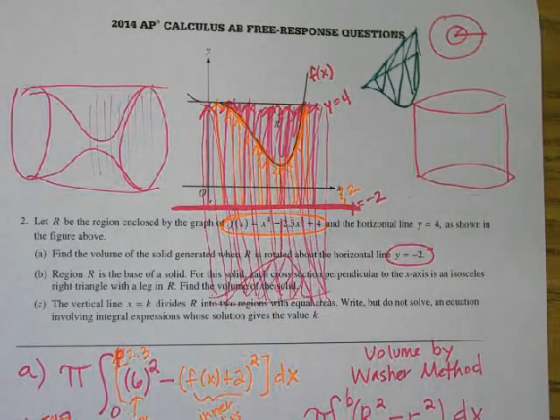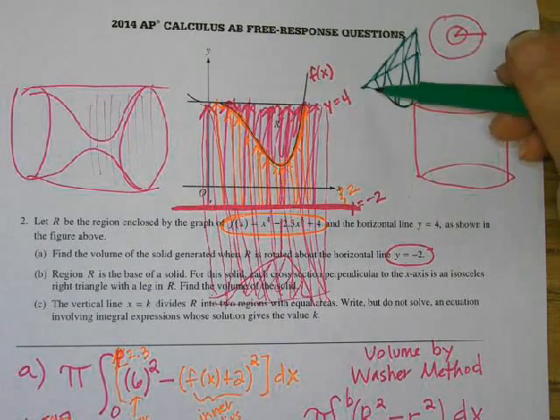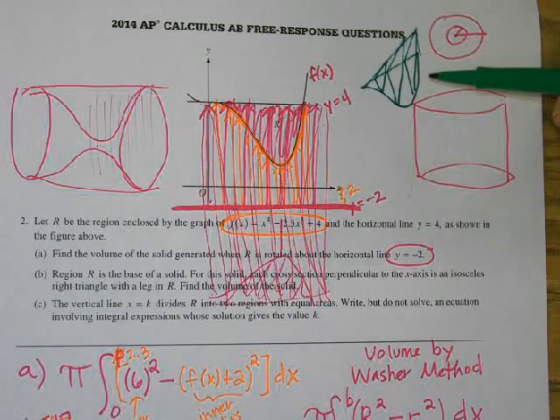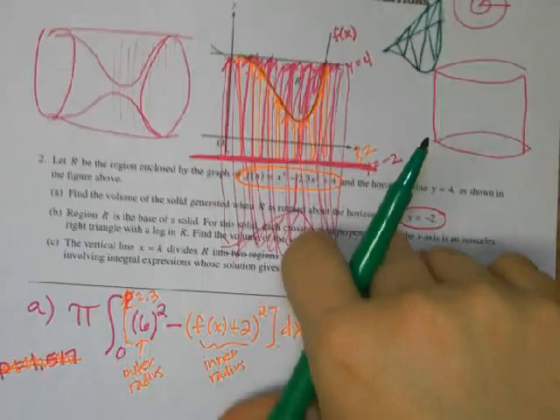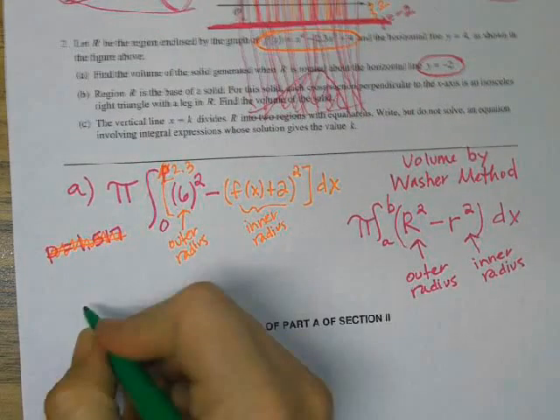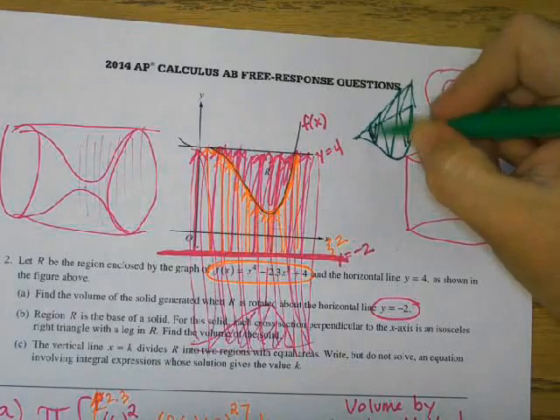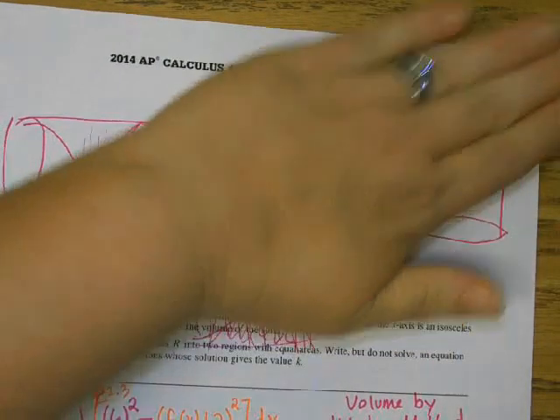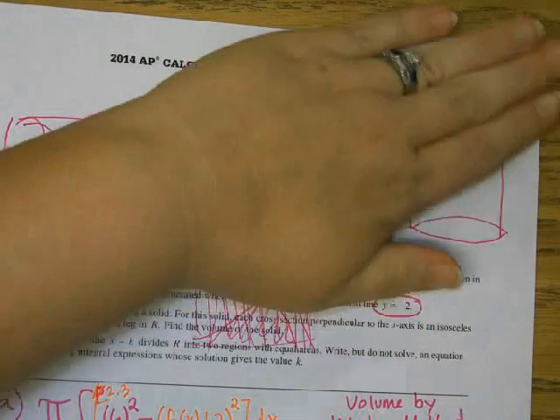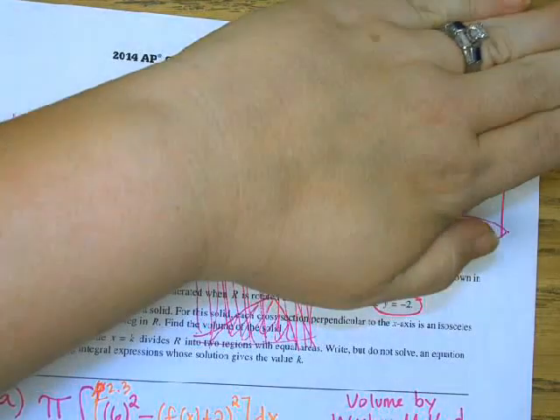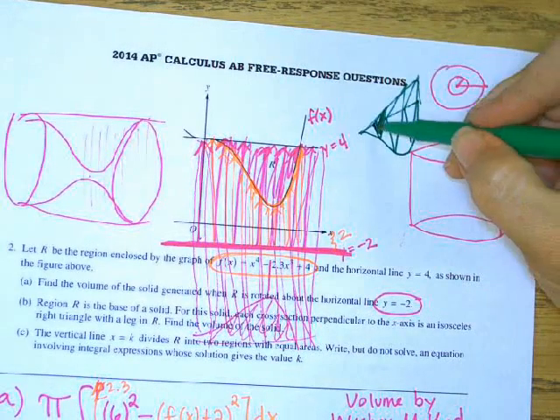Okay, yeah, so this part is actually super easy, but because it's so easy, you're going to doubt yourself just like I just did. I had to look and go, okay, is it really this easy before I told them how to do this? Okay, so they're going to divide R using a vertical line so that these two areas are equal. I've totally destroyed this drawing. So they want you to be able to figure out what the value of k is. So in order for these two areas to be equal, the area for this first half would go from 0 to k, and we would integrate top curve minus